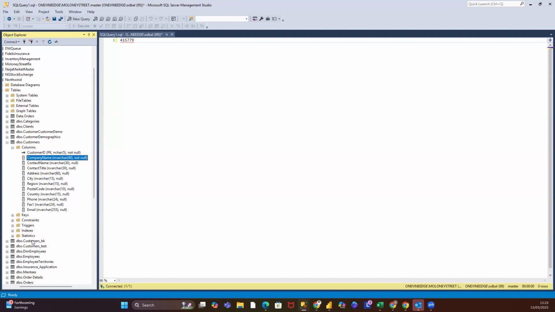So you create your tables, and your table stores your information. Like I said, category. If you look at this table, we have the customer ID, the company name, which is actually supposed to be the customer as well. You have the contact name, the contact title, address, city, region, postcode, country, phone number, fax, and email. These are all properties that describe